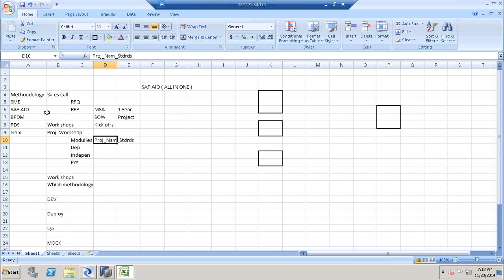I'll walk you through one project on SAP AIO, which talks about the naming conventions on AIO projects. So I created that project and the naming convention standards for that. So once these things are done, then we will also have to estimate how many people